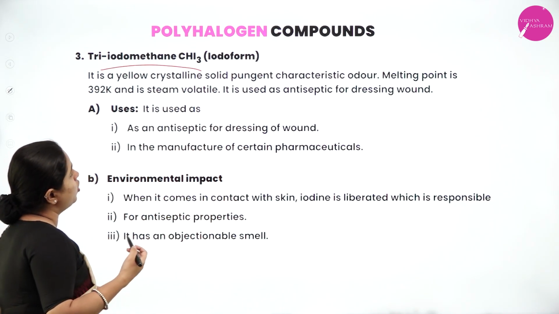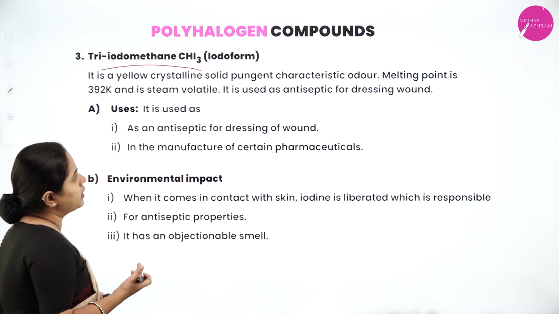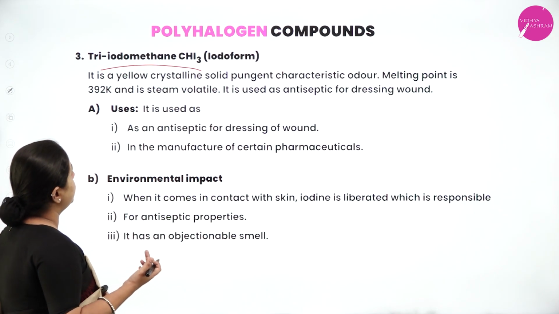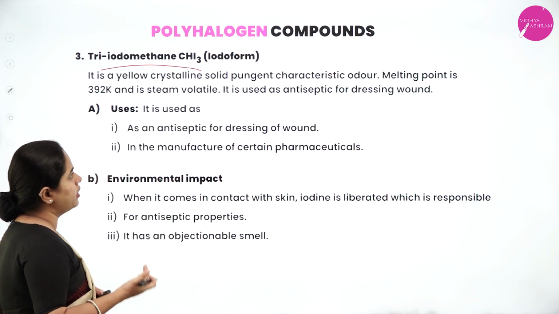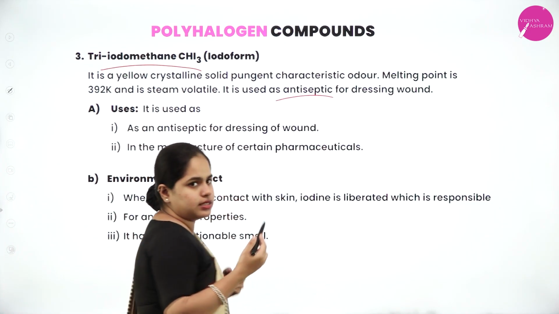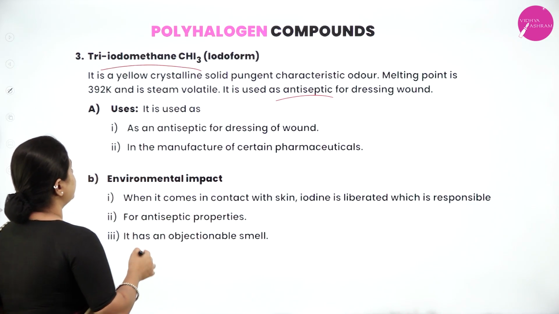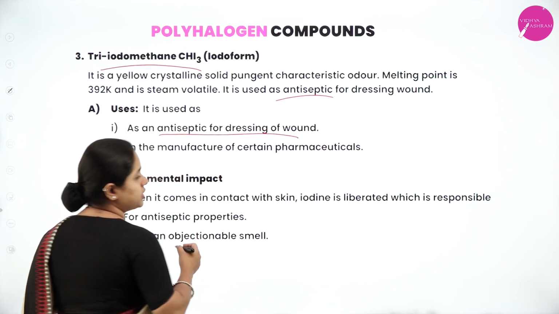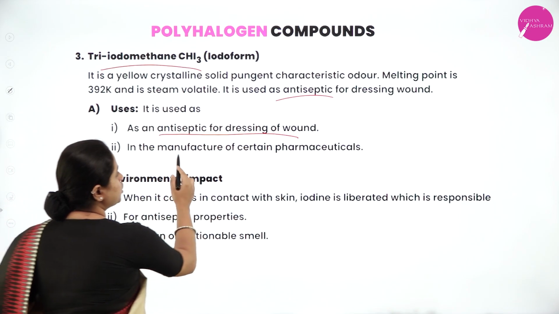Okay, so it is a yellow crystalline solid, pungent characteristic odor, melting point is 392 Kelvin, and it is steam volatile. It is used as antiseptic. It is an antiseptic. Chloroform is an anesthetic. This is an antiseptic. Okay, it is used as an antiseptic for dressing of wounds in the manufacture of certain